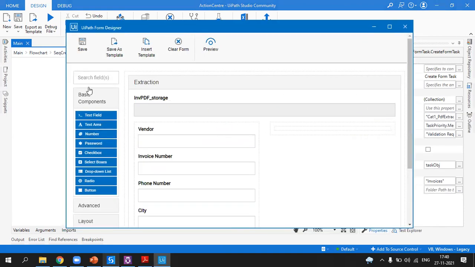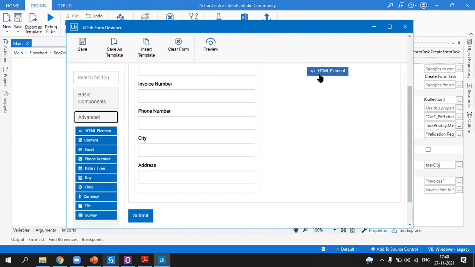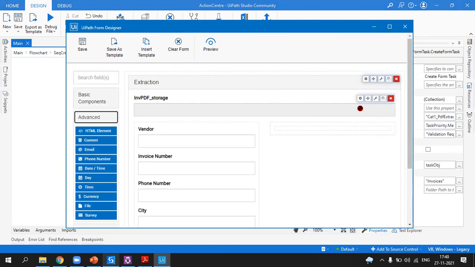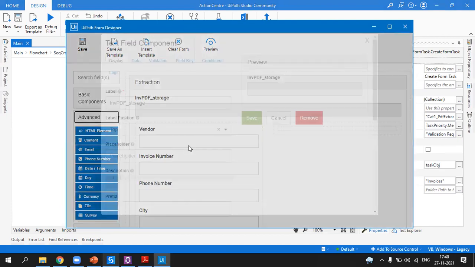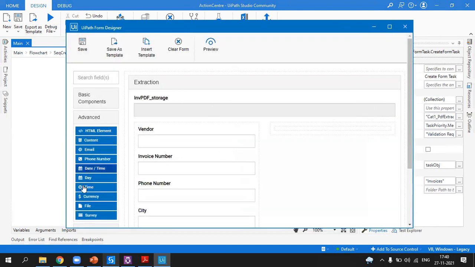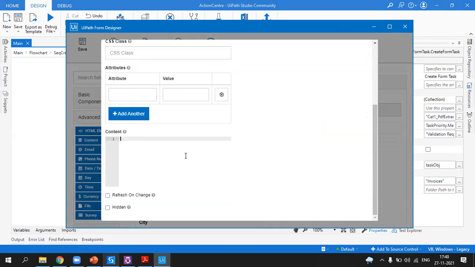For this, let's take one more element. Go to advanced, and then the HTML element has to be dragged. This is the field, but for that we need an HTML element. So here we have to write the tag, the embed tag. It looks like this.